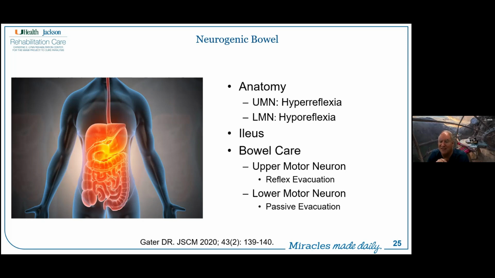Our bowel care is going to be different for upper motor neuron reflexive bowel. In this case, we're going to be taking advantage of everything that we can, including the gastrocolic reflexes. So as we distend the stomach, approximately 30 minutes later, you're going to see a contraction of the large bowel, the colon. And that is a reflex response that we like to take advantage of. We also are going to use chemical in the form of bisacodyl suppository, ideally bisacodyl in a polyethylene glycol base that will melt relatively quickly and cause a chemical reflex contraction of the colon.